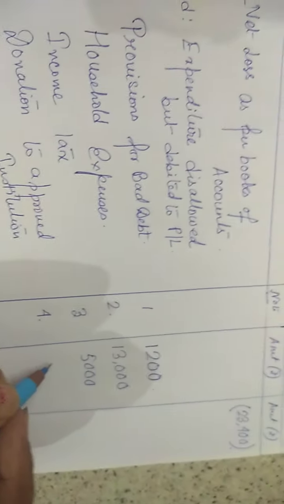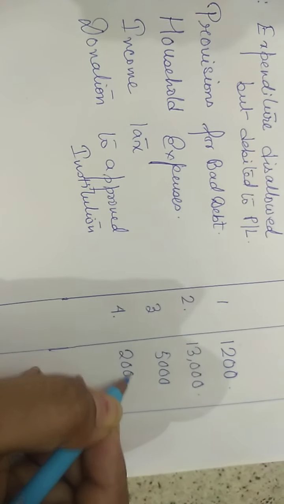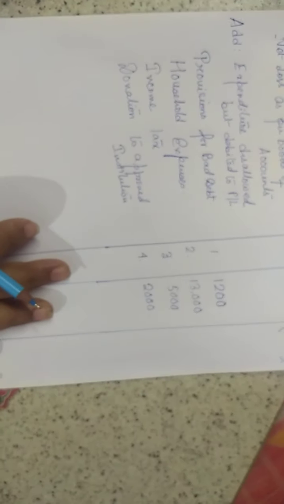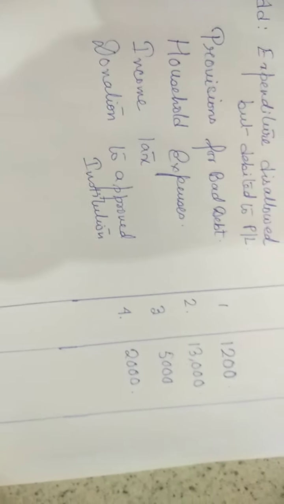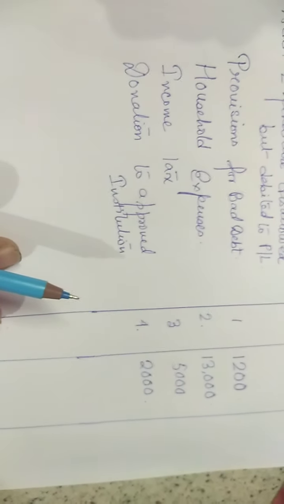Donation to approved, this is a note column. Means I have to write that why I am adding back this amount. Am I copying it from my friend, or I do know the reason of adding this amount? So I need to write this note. I have to prepare this note column, where I'll give the reasons that why I'm adding back PBD, why I'm adding back household expenses, and so on.